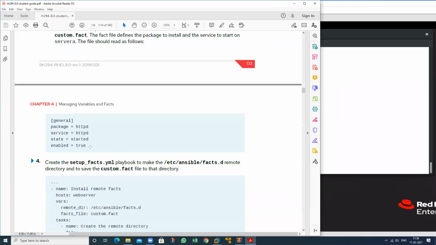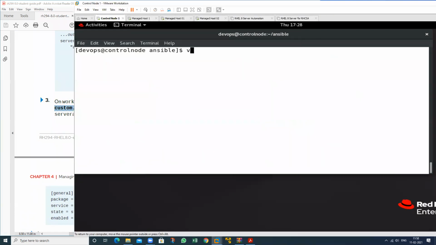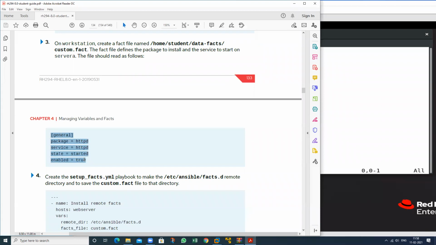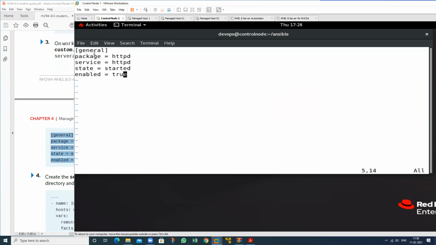So see here, if I want to create the custom fact, then on the workstation machine, create this particular fact. So create just vim custom dot fact. Just use this whole value, copy this one. Suppose in this, that is general, package, service, state, enabled.